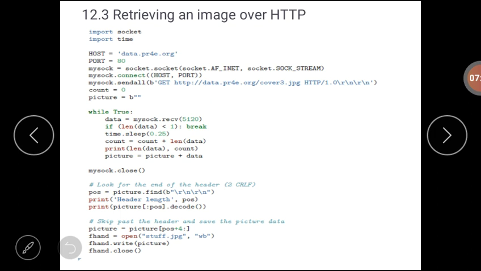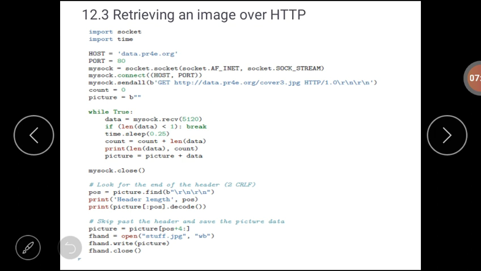Next we will discuss how you can retrieve an image over HTTP. In the previous section we retrieved text data from the web page. Similar logic can be used to extract images from the web page using HTTP.